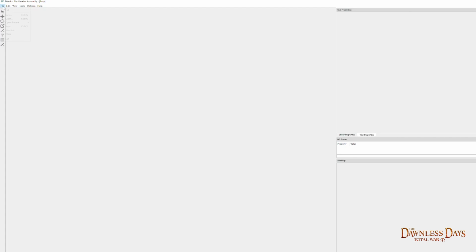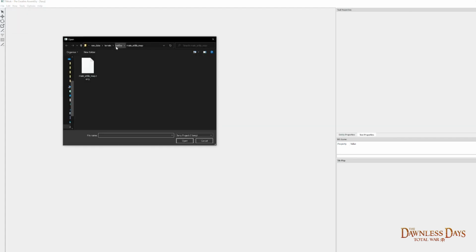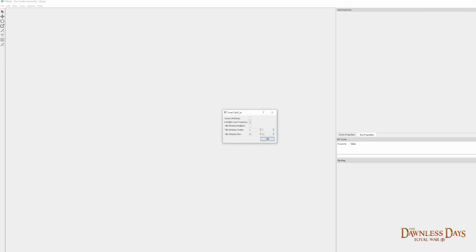We're going to go up to tools again and open Terry. And then we're going to go to File, Open. Just going to check that we're in the right folder here: raw data, terrain, battles, main_Attila_map. We're going to select that Terry file and open it. Again, with this little pop-up, we can just leave it on low editable frequency for now, so